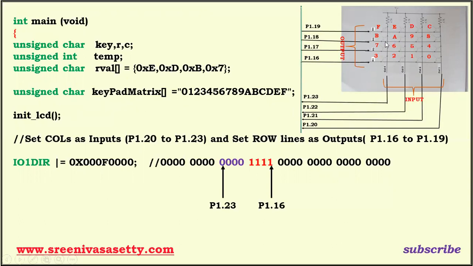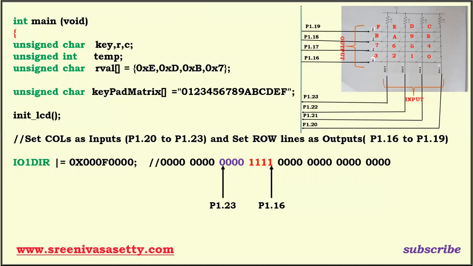This is plus, this is minus, this is star. This is division. This is equal or clear. You can rename it. There is no issue at all. Depending upon your requirement, you can modify this label. In this tutorial, I'm just going to explain how to get a scan code, then how to convert scan code to hexadecimal, then how to display on LCD.